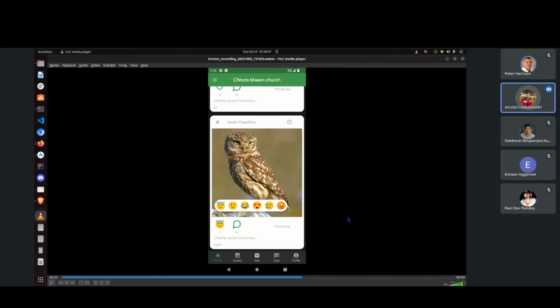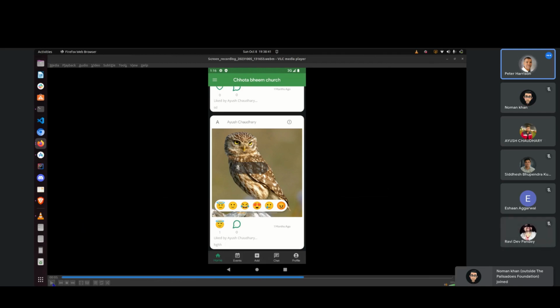I just wanted to get a comment on whether we should have a negative reaction or not. I added one negative reaction, so I hope that is okay. Peter? Yeah, I think that's good for now. As long as we have the option, then from there we see whether the end users would like to see it. I know that in most social media environments, they're trying to get away from the negatives. Yes. So let's leave it for now, and we can always remove it at a later stage.